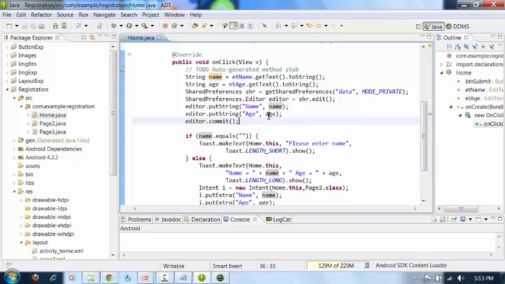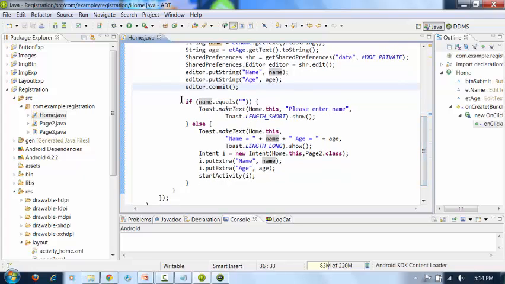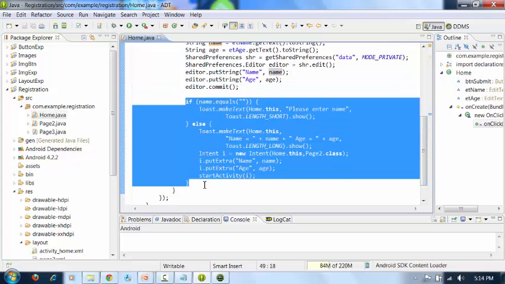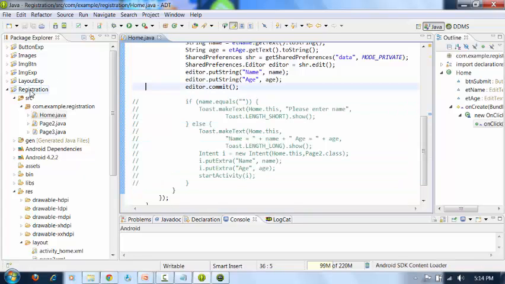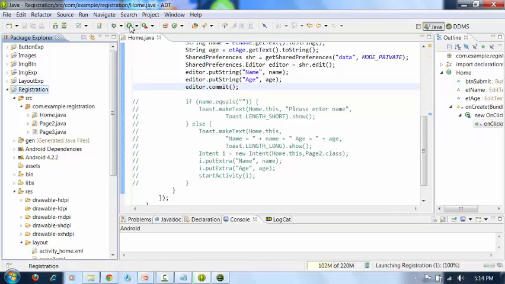So let us execute this application, and if I click on the button, it will store the data in shared preference. But how to see the data? So where it has been stored. So I will show the data. So select your application. As of now, I will comment all this code. We need not navigate to the second page. So select your application, run the application,